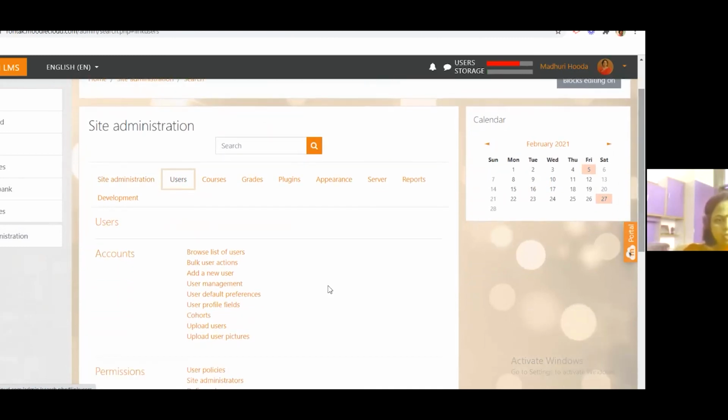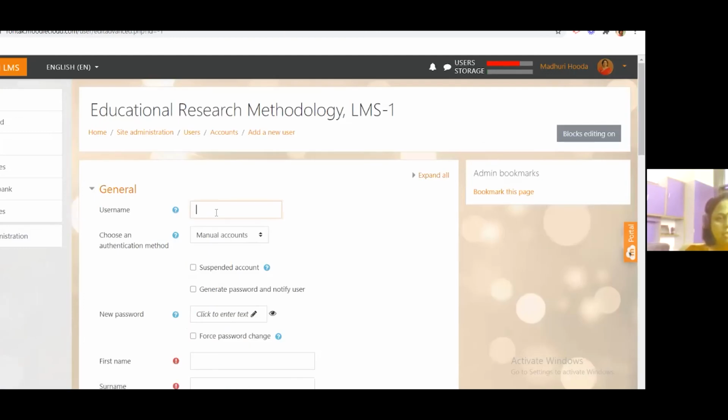You can add a user in manual mode, or you can upload users. From here you can upload the users in bulk by using an Excel sheet, or you can add a new user and upload a single user. Add a new user. Manually you can add a user, you can add a username.